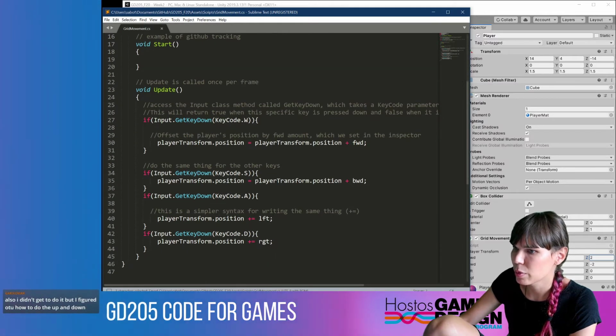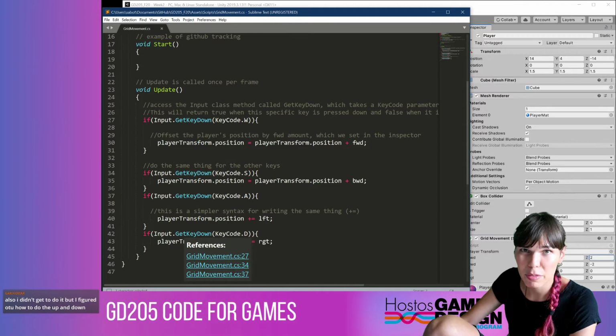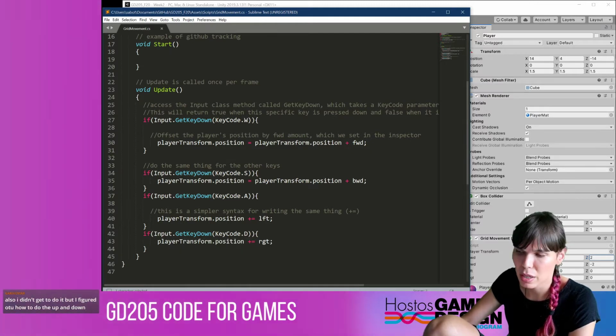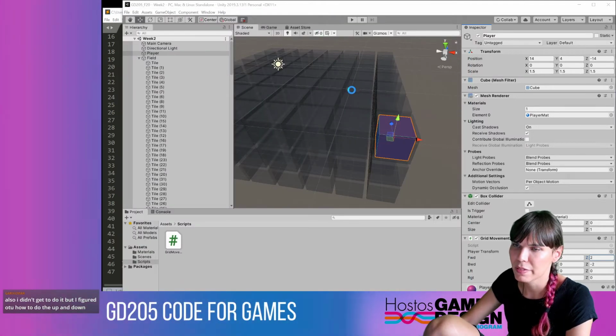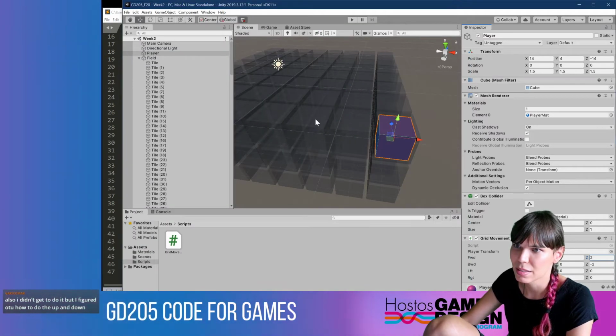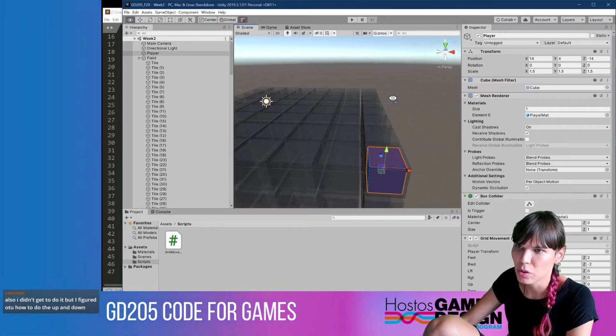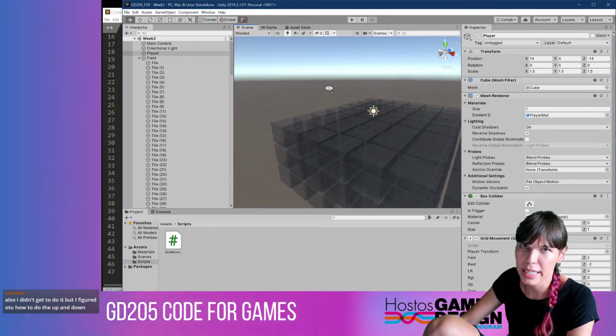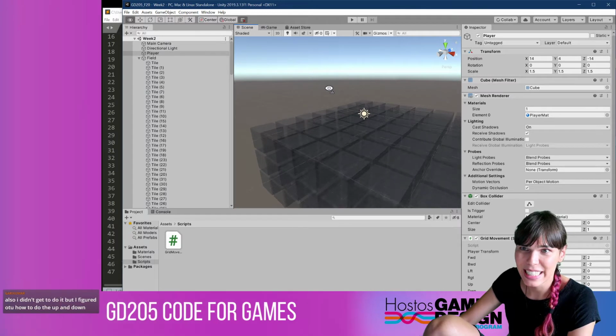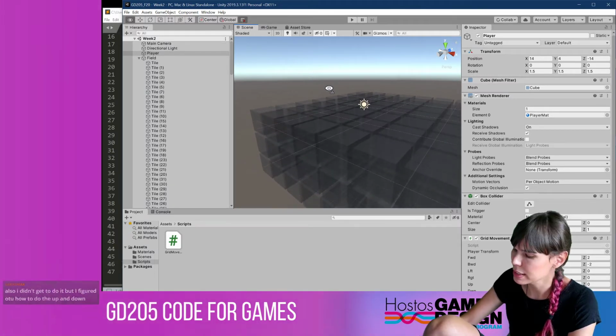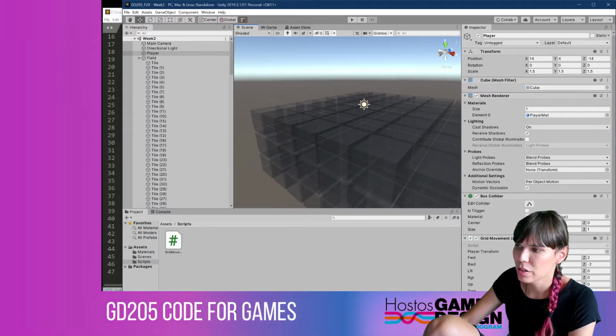If we're going to use keys for up and down, we might use Q and E, because in the scene view, if you're navigating this space and you hold down the right click, you can use WASD to move around, and then if you press E, it will move you up, and if you press Q, it will move you down. So if we want to do that,